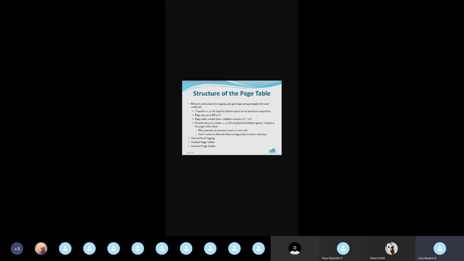In the same way, here the whole memory is 2 power 32, and the size of each page is 2 power 12. So I find 2 power 32 by 2 power 12, which gives 2 power 20, that is 4 megabyte. Understood? That is the physical memory I need for this page table.